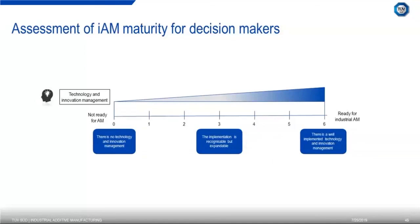You need to set up dedicated innovation managers within your companies. Usually the implementation status shows that if you don't have innovative persons on board who are looking into the future of your business models, the future of your market, things are not happening. So you need an entrepreneur, a driver of these technologies within your company, and it's not a single person,